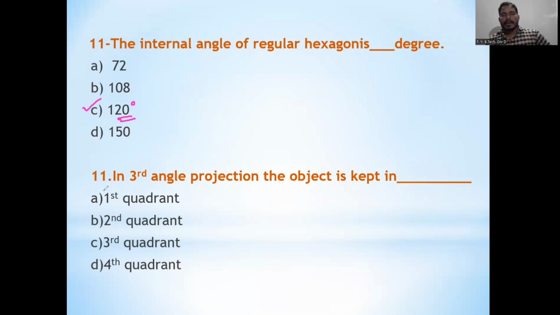The next, in third angle projection, the object is kept in dash. Its name itself indicates the third angle method of projection. So definitely, whatever the object is, we are going to keep it in the third quadrant. So option C will be correct. So next,